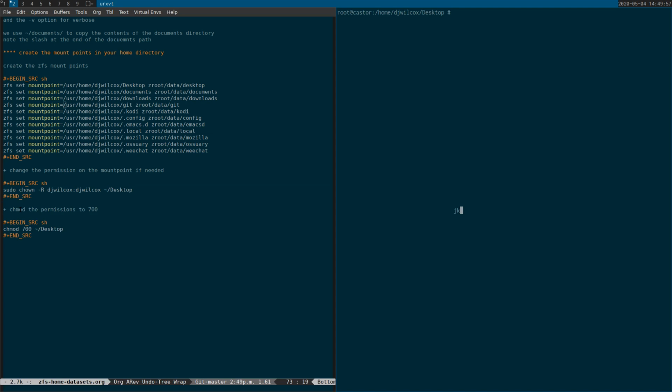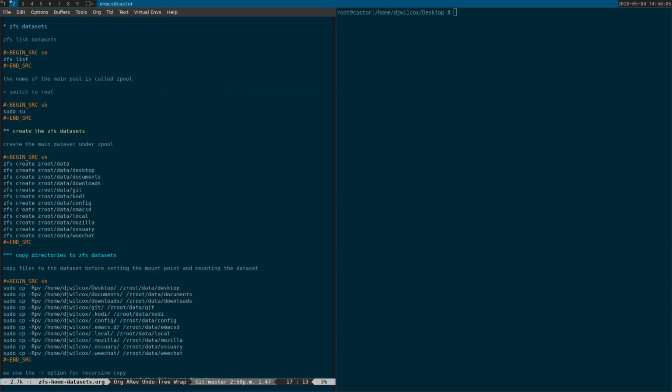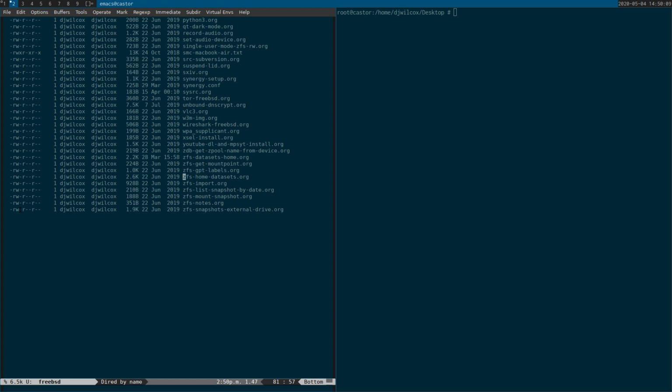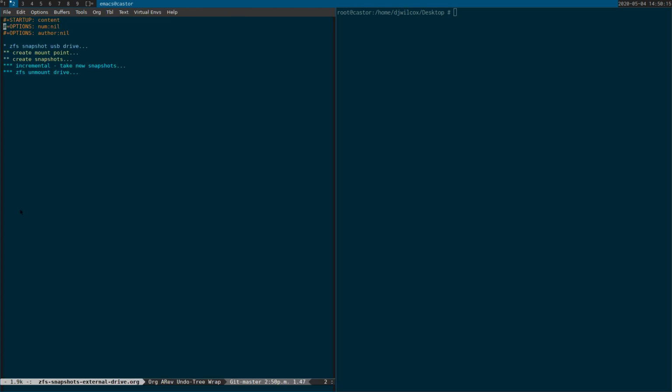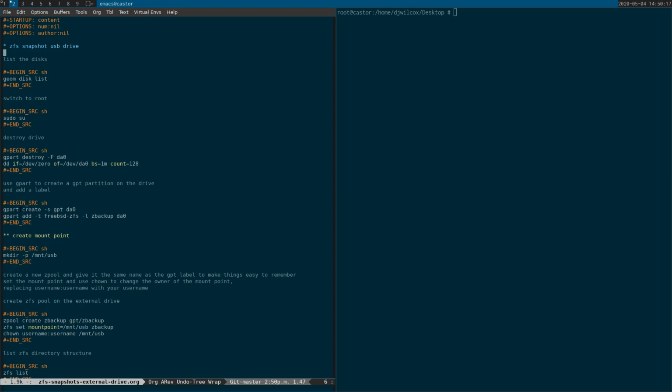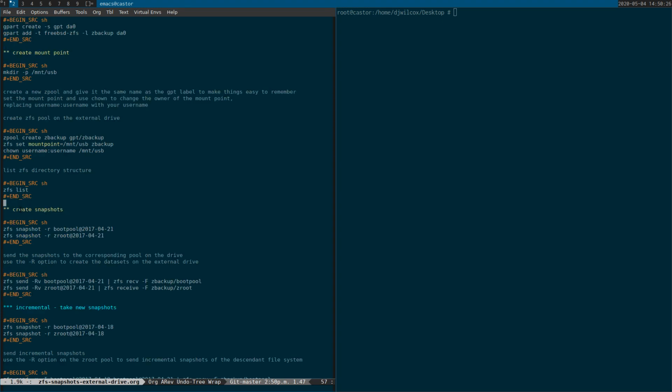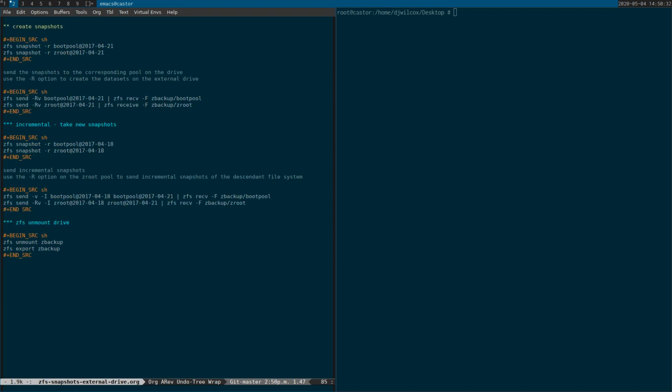So let me see if I've got that written down somewhere. Yeah, external drive. Okay. So this is how I back up my system using incremental ZFS datasets. I create the drive the same way I did before. I set the mount point, and when you're sending incremental snapshots, the way that you do it is,